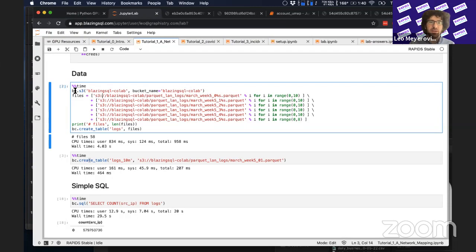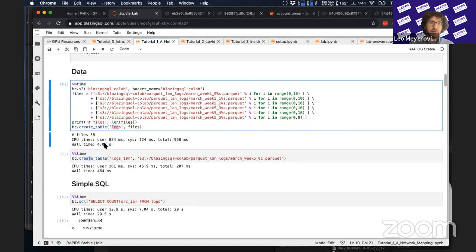So we just say, hey, we want to start one of these scripty SQL sessions. Here's where all 58 files are. We just pass them in, just the URL. They all have to have the same format to be considered part of that same table. We're going to give it the name logs, and then bam, 4 seconds later, I've got a table of 53 gigabytes of logs